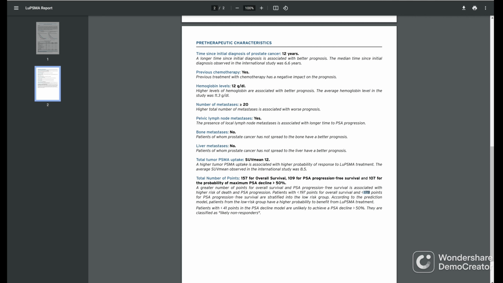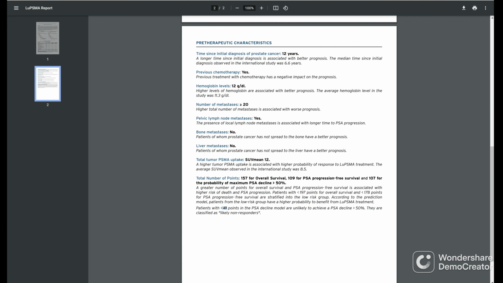Now, moving forward to PSA response. In this case, we have a positive endpoint. We have a PSA response, so we want our patient to achieve this response. So for PSA response we want as high a number of points as possible. The best cutoff was set at 41 points, so anything below 41 points will classify the patient as a likely non-responder. For PSA 50% decline, anything above this cutoff would be a likely responder. So I hope this clarifies a little bit how the patients are stratified into low versus high risk, or